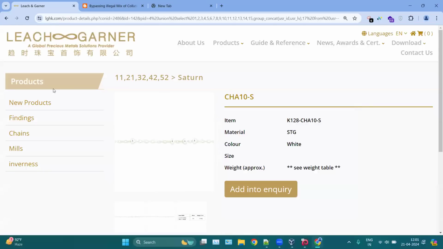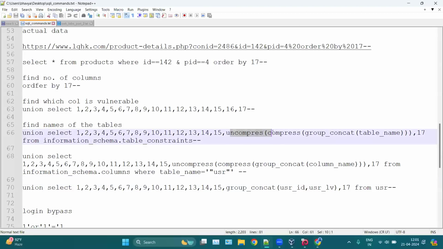So here we were having this error because of the lots of columns here. That is why, to rectify the error, I have put this uncompress command here. First uncompress, and then compress. Uncompress and compress command will